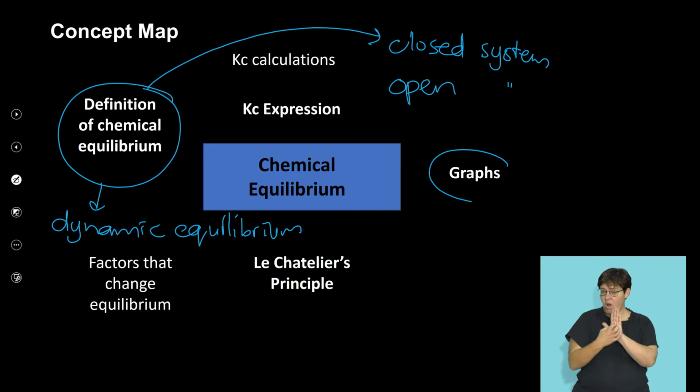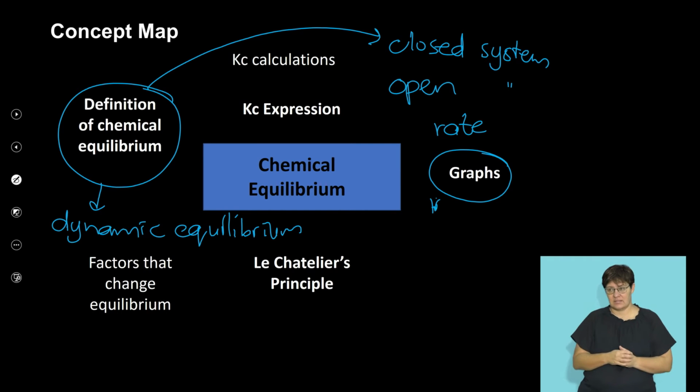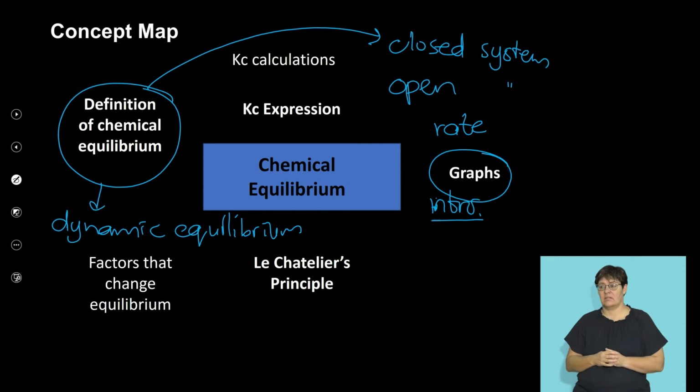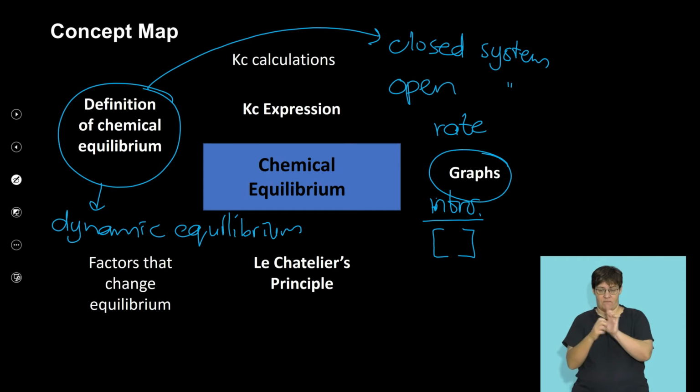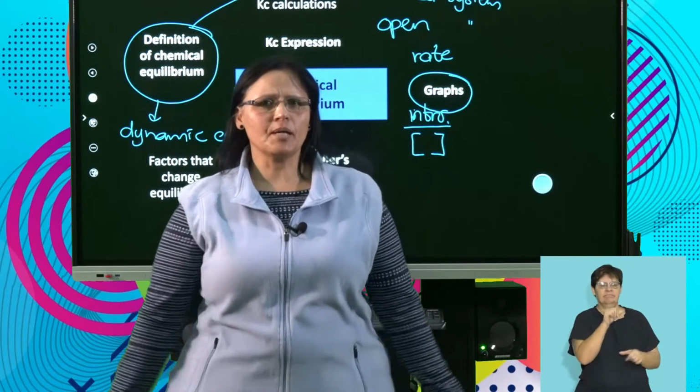On the graphs, we specifically looked at the rate graph, and I started to introduce the graph which we call the concentration graph. So what we want to do today is, we have now spoken about what chemical equilibrium is,